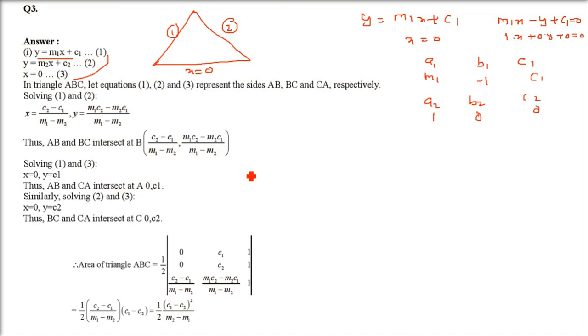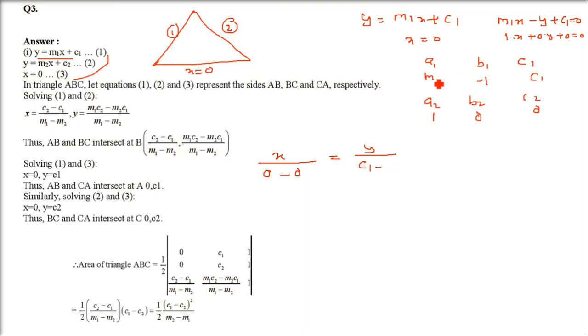We'll use the formula now. I'm going to do it for one point, and I leave the other two points for you. So how to get this? We'll use the cross multiplication method. x by b1 c2, so minus 1 into 0 is 0, and you have b2 c1, that is 0. So x by 0 minus 0 equals y by c1 a2. That is c1 into 1, so you get c1 here.